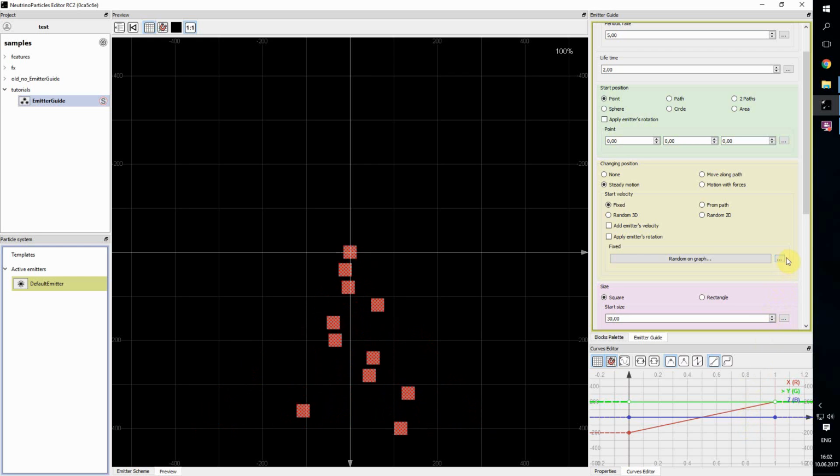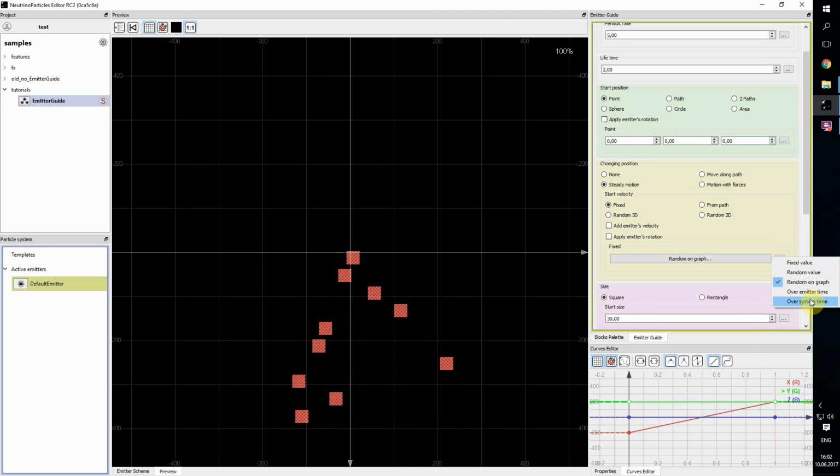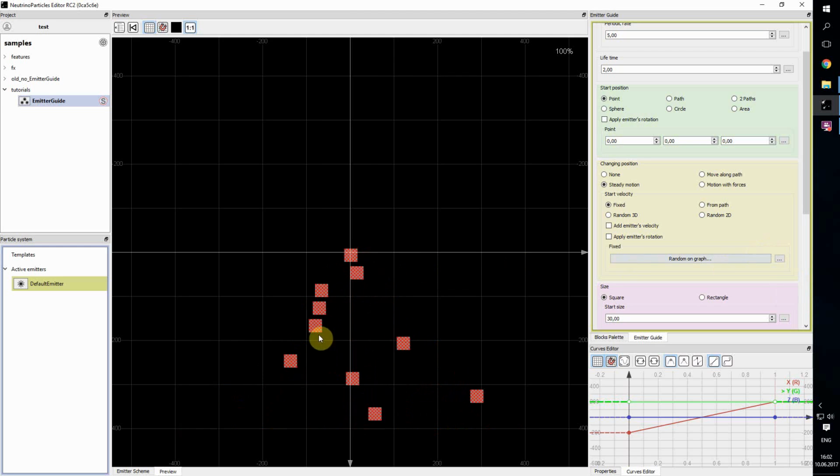And the last 2 distributions will allow you to make a dependency on emitter time and dependency on system time. So you can make some kind of animation